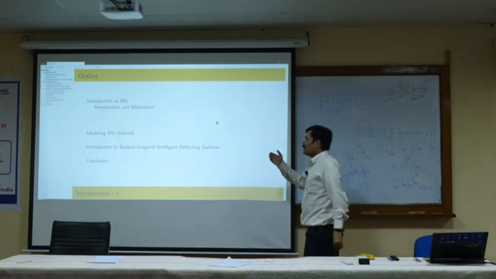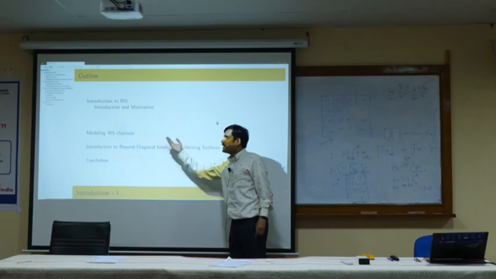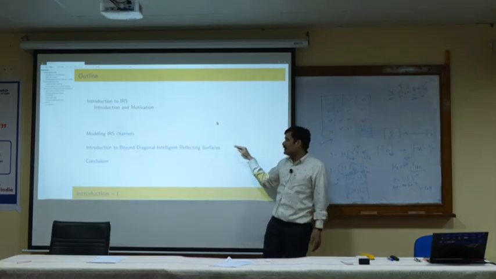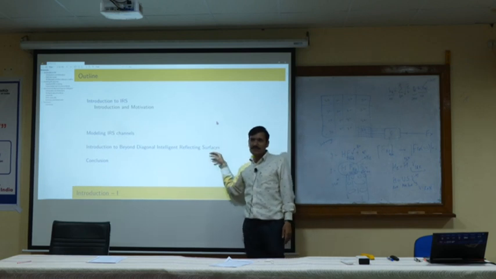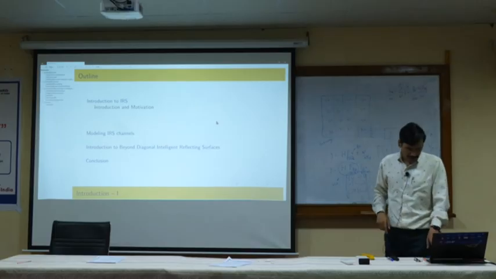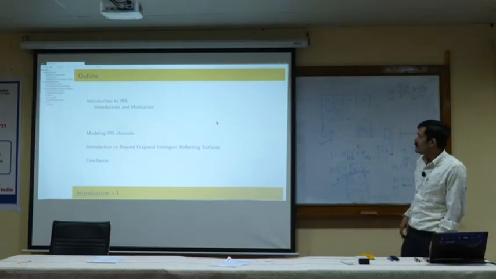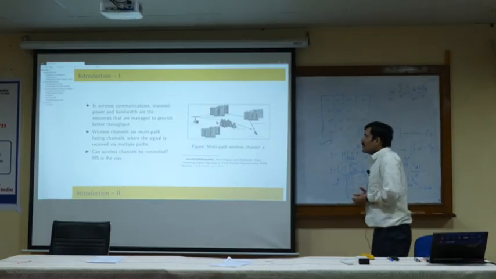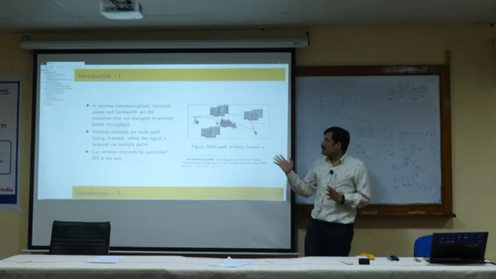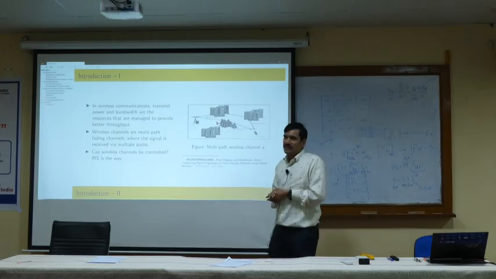How we can improve the existing IRS is given in this. So this is still in the theoretical stages. So I will just present what is in the paper, okay? Then some conclusion. So in wireless communication, we have 2 more important resources, transmit power and bandwidth, that we are